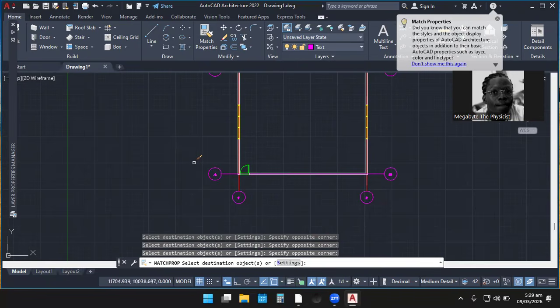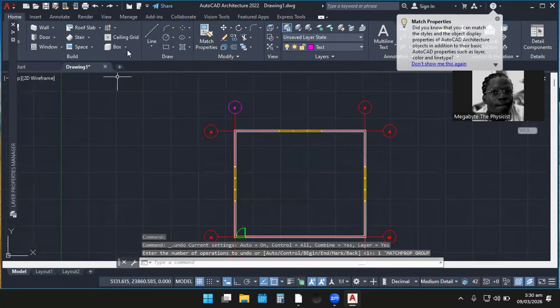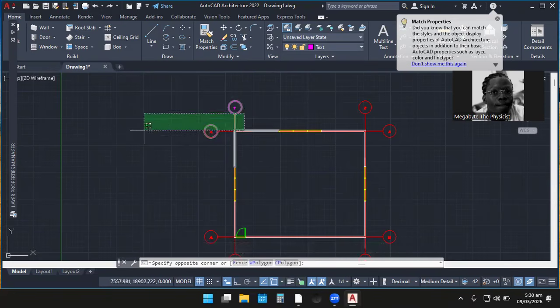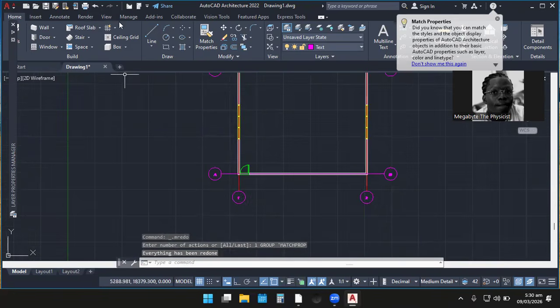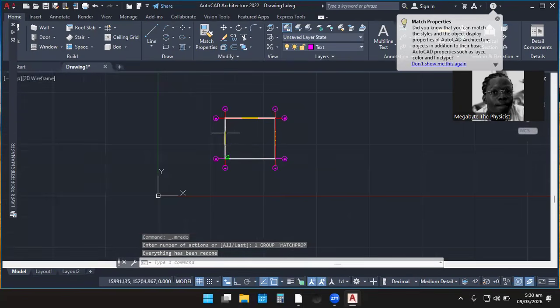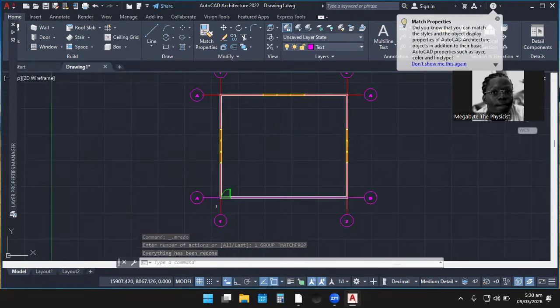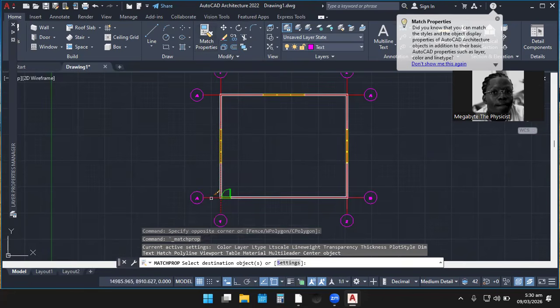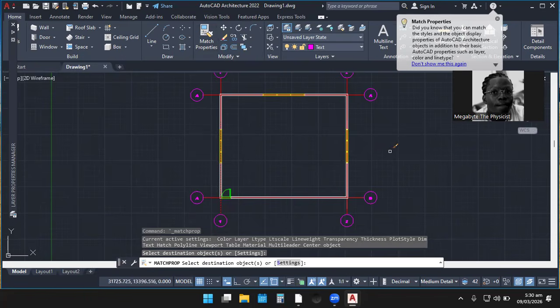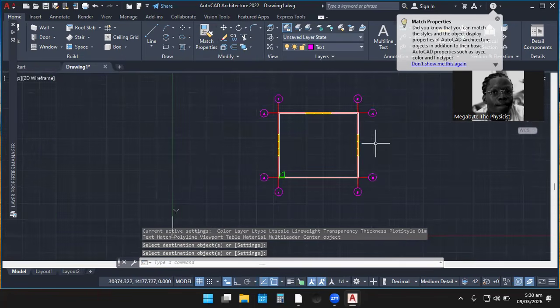I just made a little bit of a mistake. Let me just redo. I have a solution to the mistake I just made. So let me just quickly highlight this alone and match its property with this. Then later, I think we're on a safer side. So you see how our text has become.